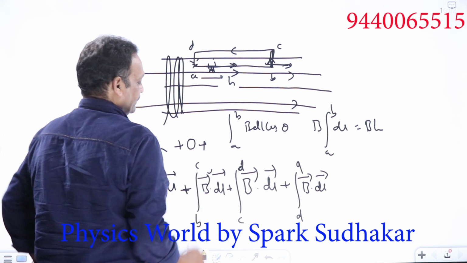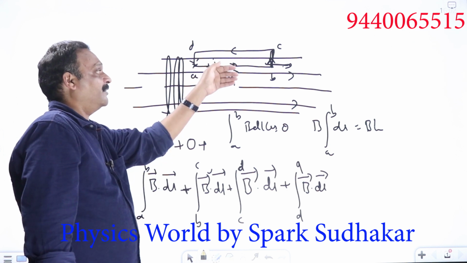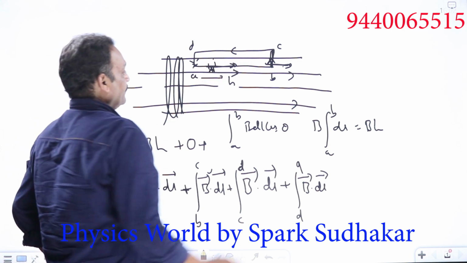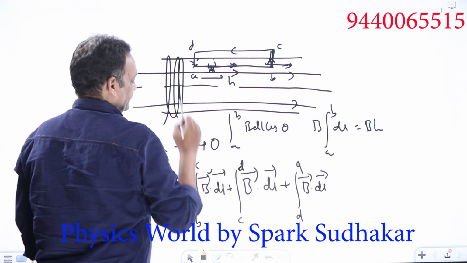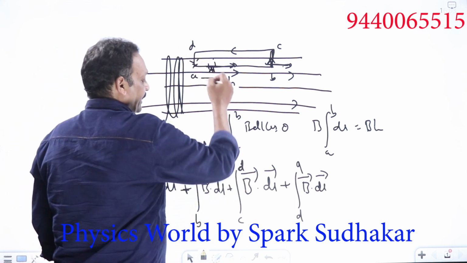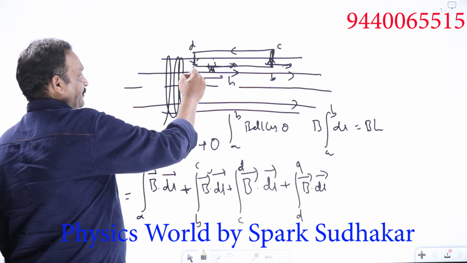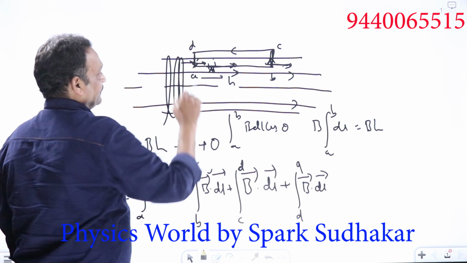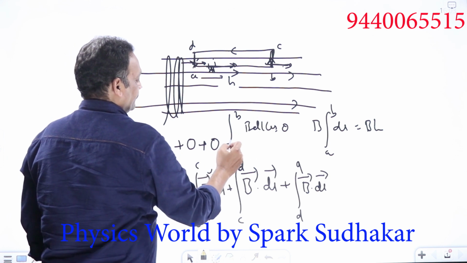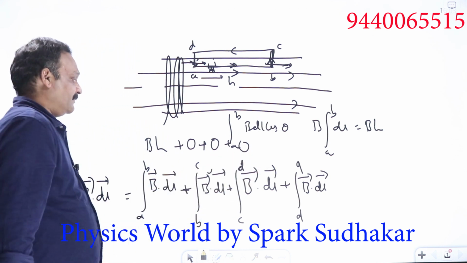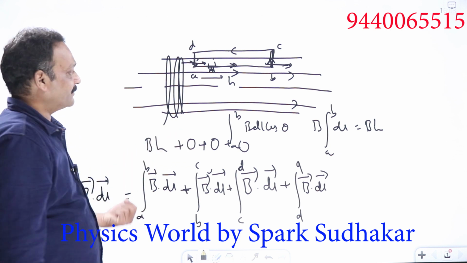What about the third part of the integral, C to D? That segment is outside the solenoid. We have seen that for an ideal solenoid, just outside the solenoid, B equals 0. There is no B at all in this region, so this segment also gives me 0. Next, what about D to A, B bar dot dl bar? Here I am traversing the Amperian path from top to bottom, vertically downwards, whereas inside, the magnetic field B is like this. The angle between B and dl is 90 degrees, cos 90 is 0, and the entire integral vanishes, so 0. This means that out of these 4 parts, only one part contributes effectively to the circular integral B bar dot dl bar, so I'll consider only that.